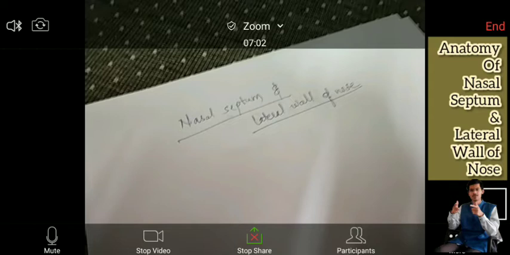Now this ethmoid bone is having an elevation which is called as crista galli. Can you see this crista galli? This crista galli is an elevation, on the inner aspect. On the outside, you have the glabella, and I hope I am right. It's the glabella, and it's the elevation outside, and crista galli is the elevation inside in the cranial cavity.